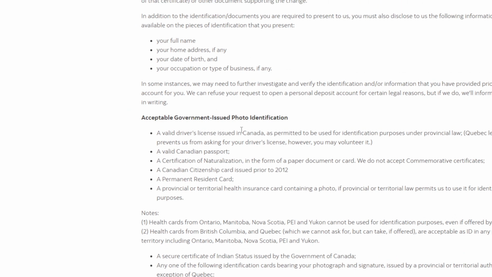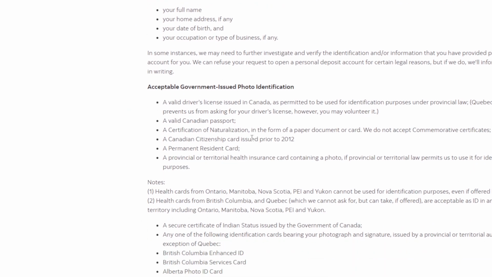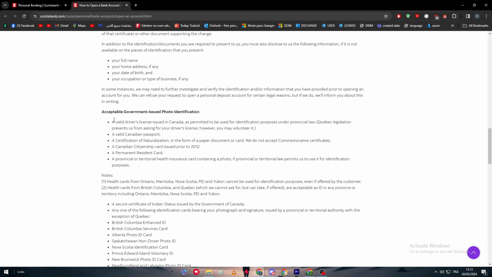The acceptable government-issued photo identifications, these are the ones. So we have a valid driver's license issued in Canada, a valid Canadian passport, a certificate of naturalization in the form of a paper document or card. They do not accept